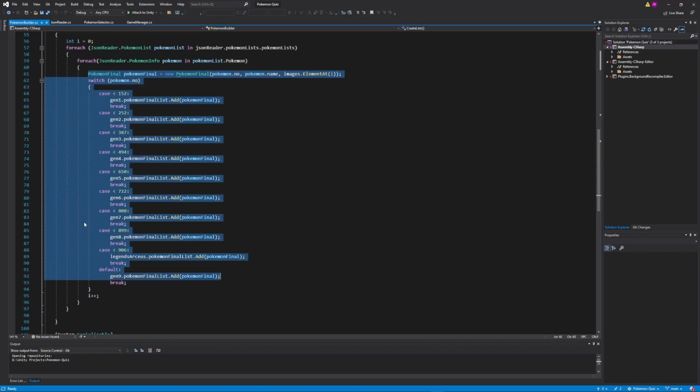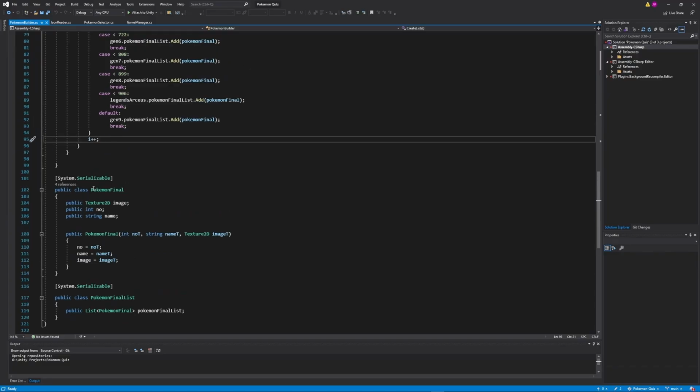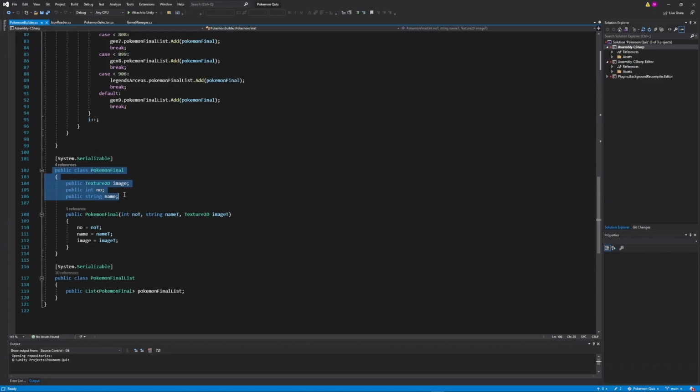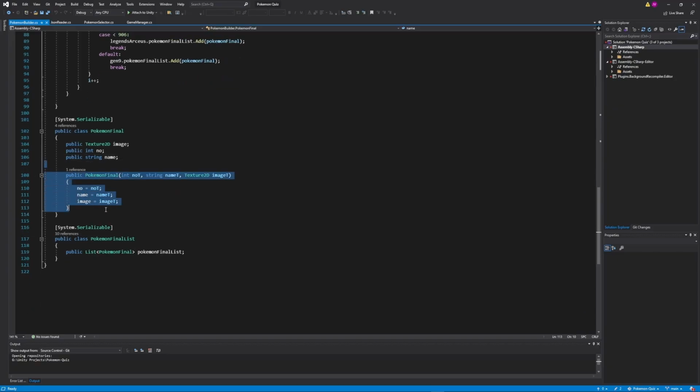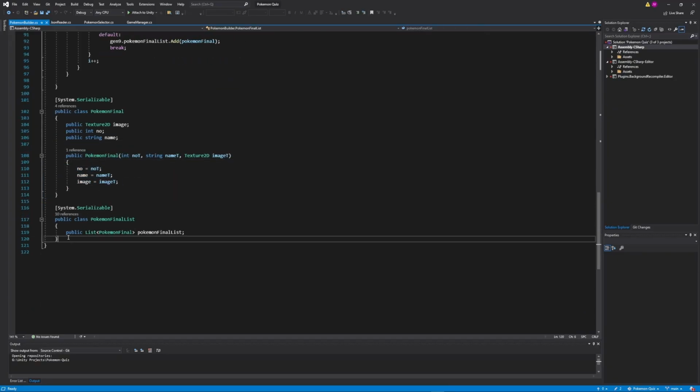And all these cases are to again split that into the multiple different generations. And then at the end here is all the classes that I use. This is the Pokemon Final class, which has the information from the JSON reader and then the image as well. And then this is a constructor that creates that Pokemon Final object. And this is a Pokemon Final list class, which allows me to separate them into the different generations and put